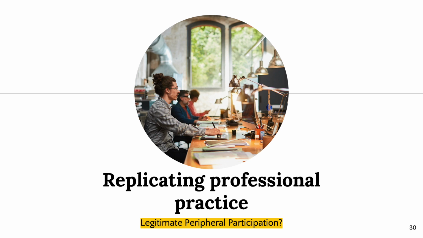Instead, it seemed educators take elements of professional practice to suit their learning objectives. One could therefore question the authenticity of this practice. If, in professional practice, there is, for example, an element of boredom or a different relational dynamic between an employee and a boss, do these two not constitute genuine elements of legitimate peripheral participation? I believe there is room for further research into what elements are used and what elements are rejected.